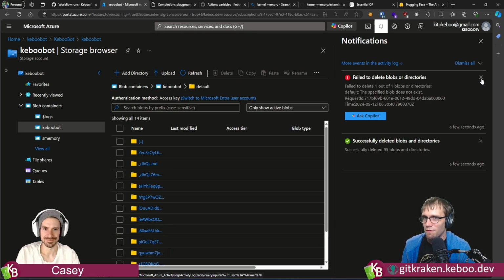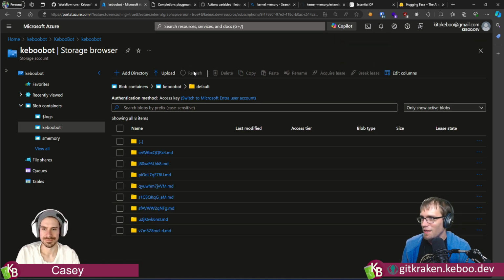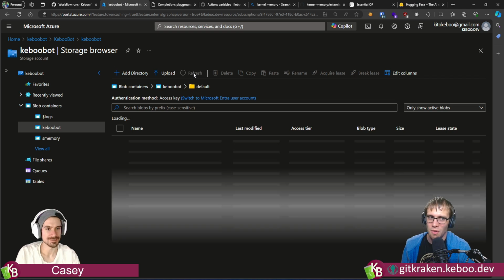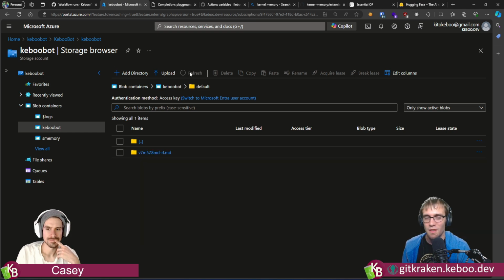Failed to delete. Specified blob doesn't exist. So, 9, 8. So it is going off of a list, and it just complained about the one that you manually deleted. Probably. It does queue the operations as soon as you hit them. Yep, we would probably have been safe. No, that does appear to be the case, because it just cached the blob name, and the blob names are going to match because they're keyed on the file names. So it keyed the operation of "I'm going to delete this blob at this ID."